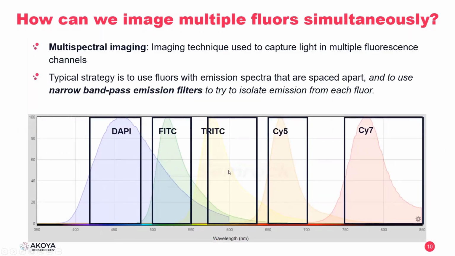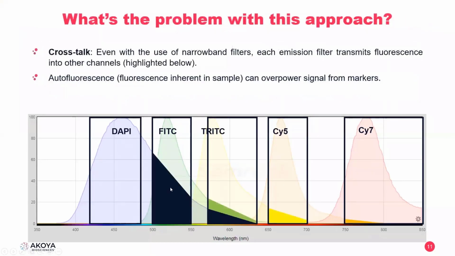So this technique is easy to do and can work reasonably well for 3 or 4 markers, but even with a pretty low number of markers, you still run into issues with crosstalk. So that's what's shown here. Crosstalk or bleed through